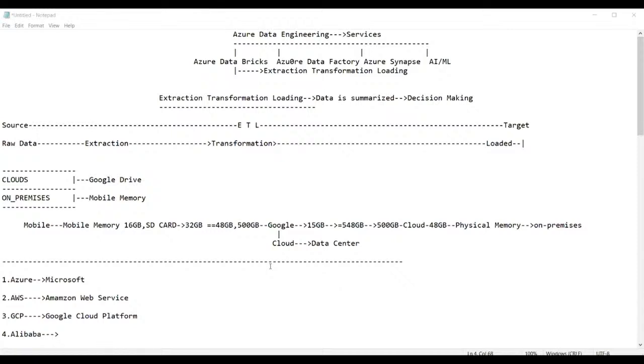Sir, what is the duration? Duration will be 60 hours. Is it required to learn both Azure Data Factory and Azure Databricks for industries? See guys, there is no connection between Azure Data Factory and Databricks. If you learn it, that is up to you; if you don't learn it, also no problem. You can get a job individually on Azure Databricks as well as on Data Factory. These are 2 different services.